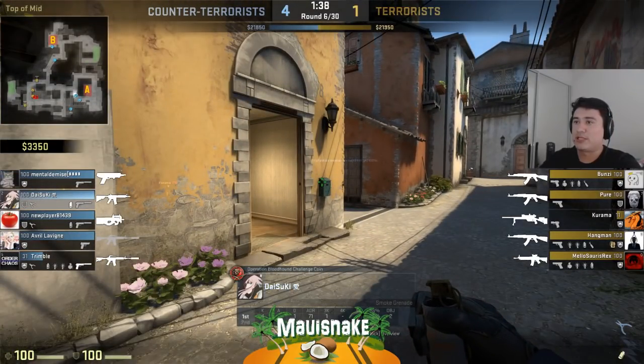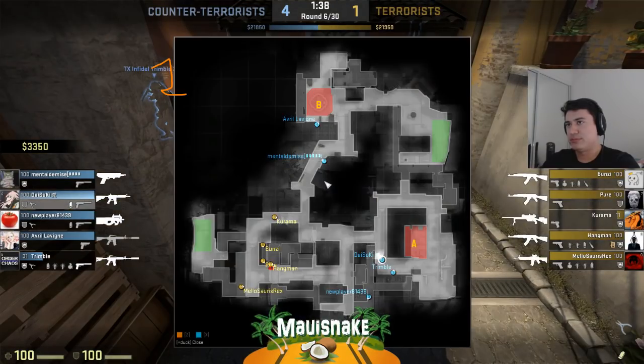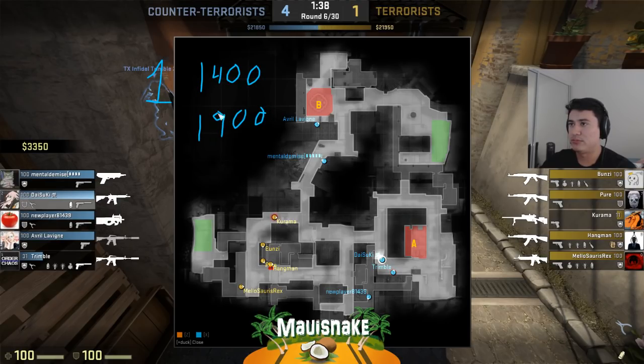When you're on a 1-round loss bonus, your money... That was a really ugly one. So when you're on a 1-round loss bonus, your money is $1,400, then $1,900, then $2,400. So what basically this means is that you can look to buy...